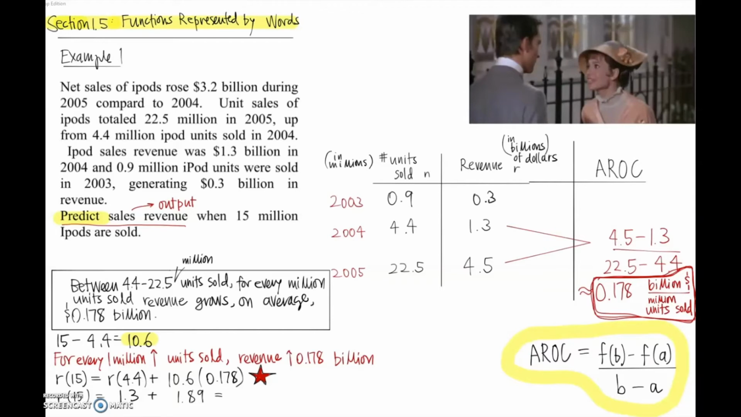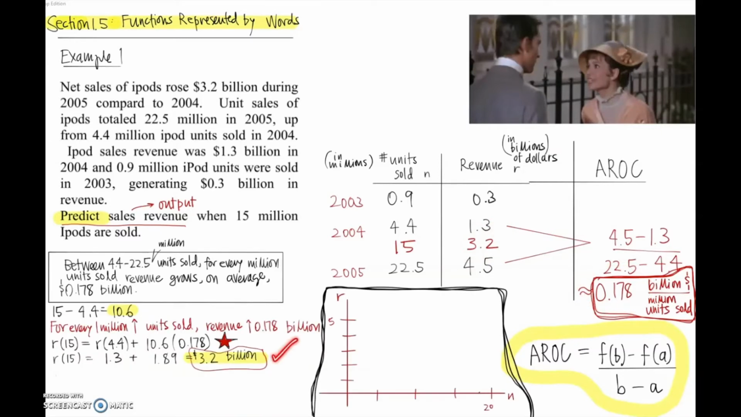And when we add those together, we get 3.2 billion, which sounds pretty reasonable, just looking at the table. So this is our solution: when we have 15 million units sold, our revenue would be 3.2. And we just built this number off of this one using the average rate of change. So we're done. We do have our answer right here, but I do want to look at the graphical representation